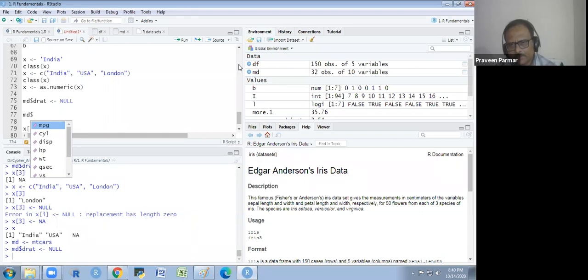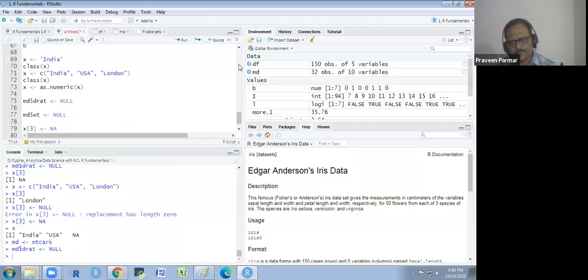You will get a drop-down of variable names, and select any one you want. I want the weight. Then assign it with alt minus, or you could put the equal sign here, and then put NULL in capital. Understand?